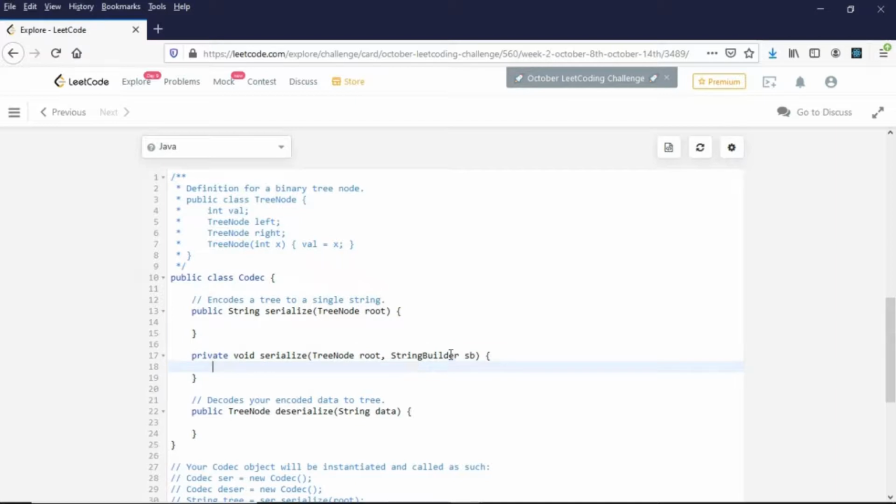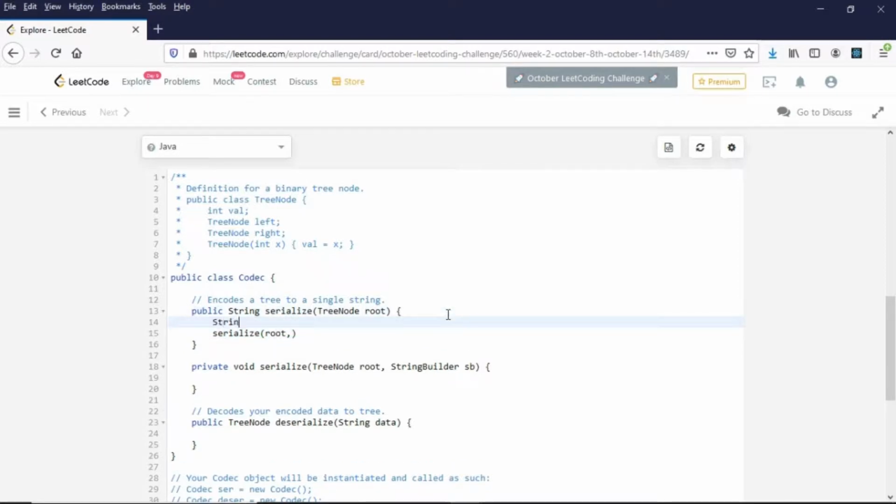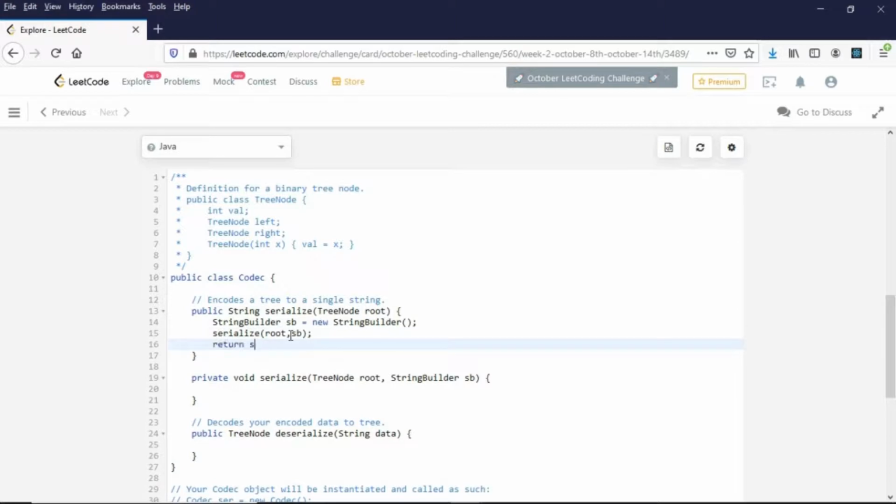I am adding an argument string builder so that I can form the string, and I will call this method from this serialize method, passing the root comma string builder object. I am passing this sb here, and at the end I will return sb dot toString.